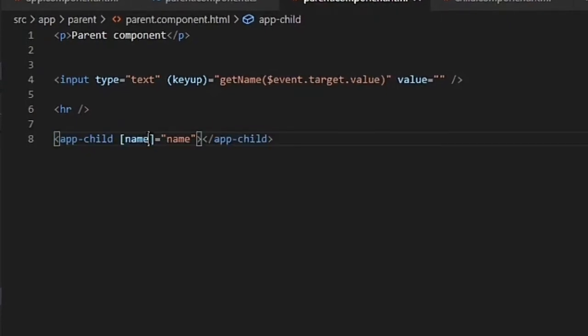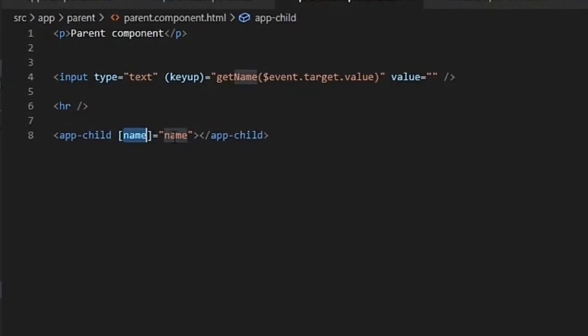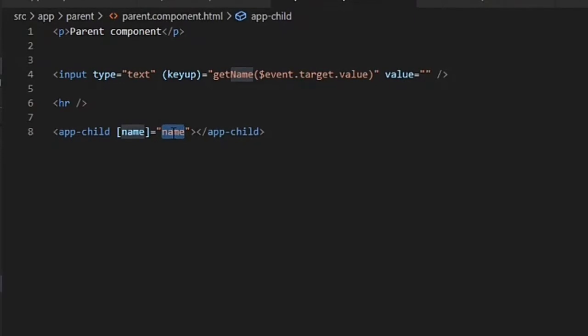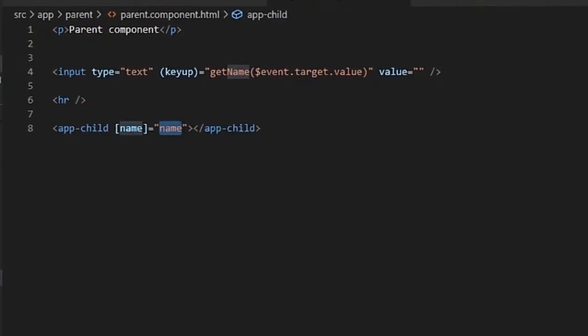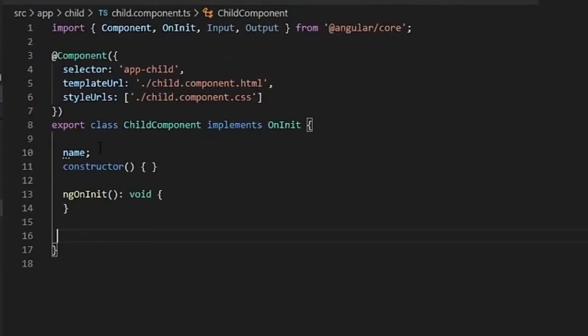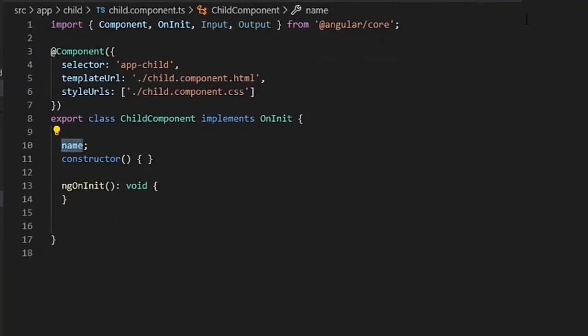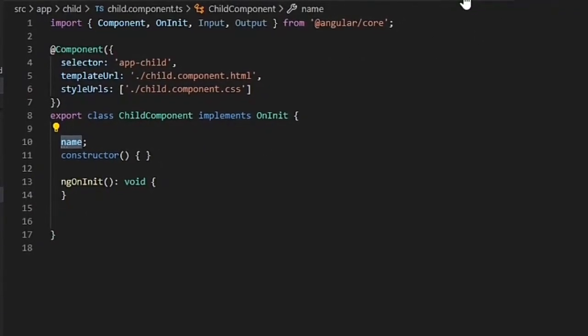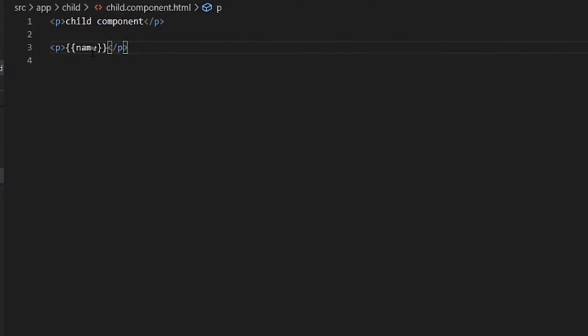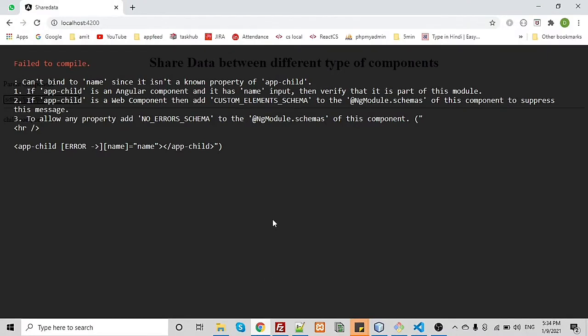This name is from the parent component, and we are passing this name to the child component, which I am using in the child component.ts, that is name, and this name is printed in the child component.html, that is name here. Now refresh the browser.